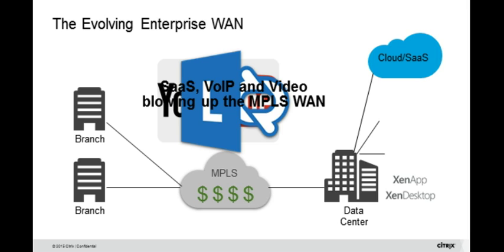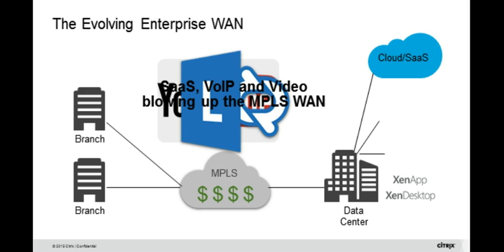And of course, YouTube. YouTube is no longer just a site for entertainment content, but many enterprises, including Citrix, use it to host legitimate corporate content that we make available to our customers and our partners and our employees for viewing purposes. Video is very, very bandwidth intensive, and so as end users within the enterprise go out to the internet to consume video from YouTube or other entertainment sites or other video hosting sites, it puts tremendous pressure on the MPLS networks that are used in the wide area network.